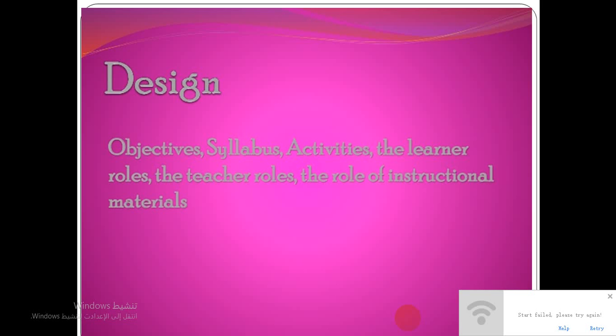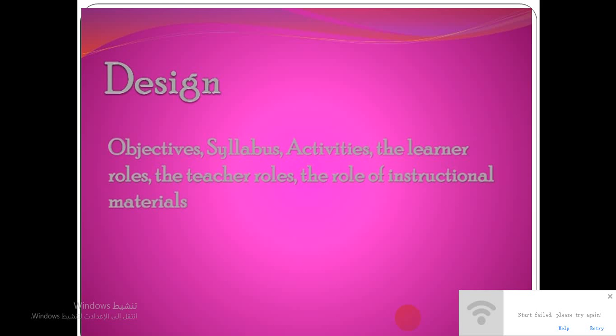In brief, let's say that reading is vital to people's lives. That's why as teachers we should do our best in providing appropriate approaches that will suit the needs of our students. Teaching them how to read is like giving them the opportunity to be someone, to be a wise reader. Design in this approach includes